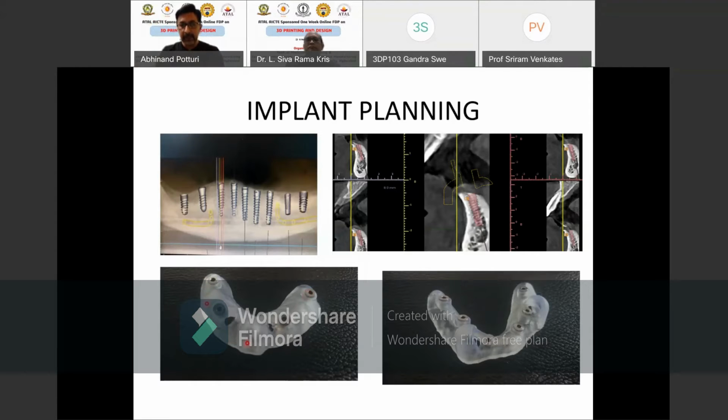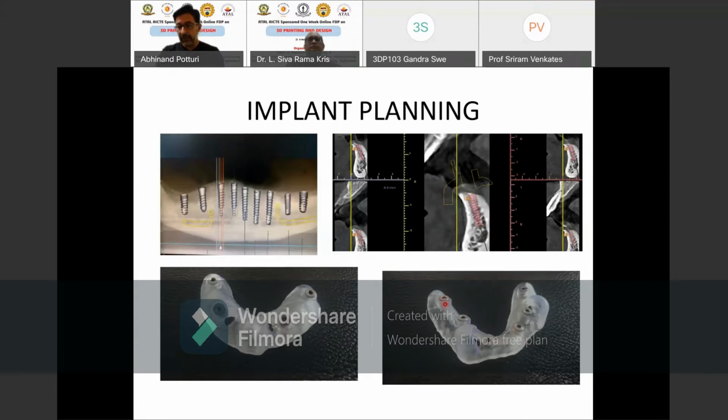We will mark it. These are dental implants which will be positioned, and then we will see whether the distance between each implant is the same or not. Because in live patients, when we are doing the surgery, we'll not be able to see anything like this because everything will be covered with skin. So we can only see it on the 3D model.